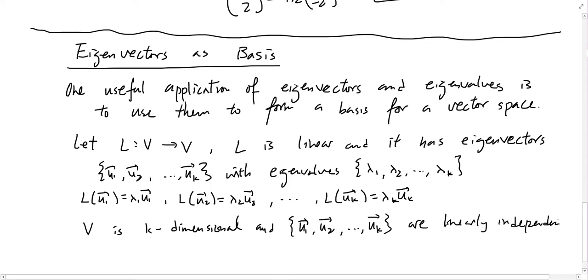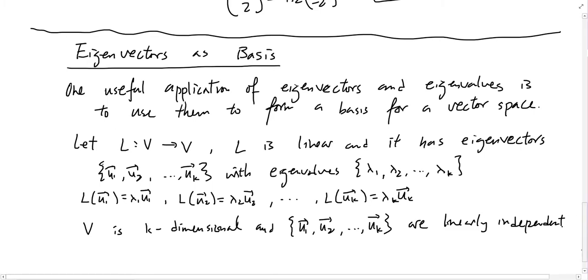So if you think back at what we learned in 3.5, we have a theorem that states that if you have an n-dimensional vector space, and you can find n linearly independent vectors in it, then this group of n vectors automatically forms a basis. So that's what we were hoping for, and that's what I'm describing in this scenario. We have a vector space V that is k-dimensional, requiring k linearly independent vectors to form its basis. And just so happens the eigenvectors are all linearly independent, and also we have k of them. If that's the case,